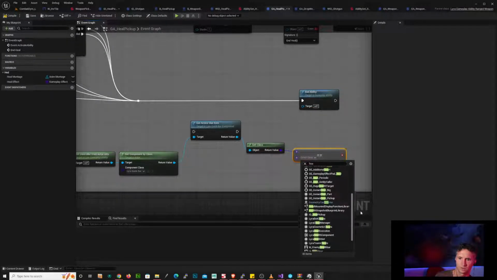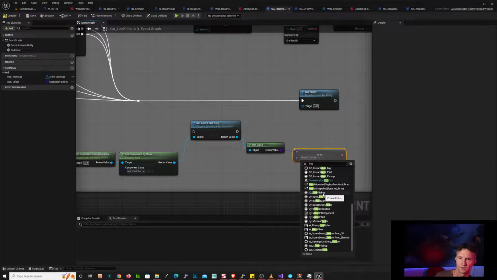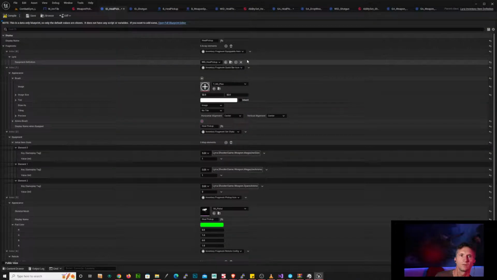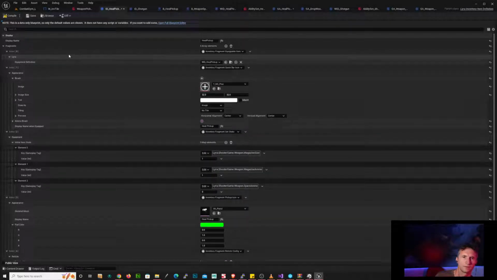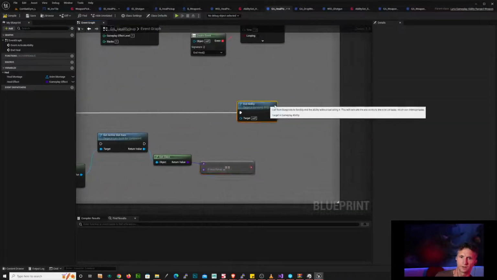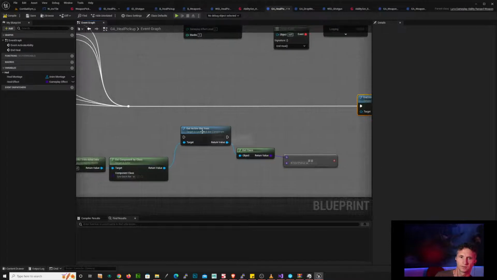Interesting. I believe we need to compare it to that item definition. Let's double check that. In our heal, that's heal pickup. Yeah, I think we want to compare that to ID heal pickup. Okay, so if that's true, so if all of this is true,